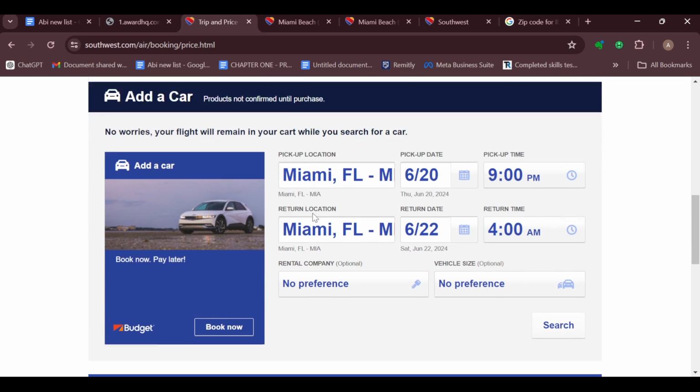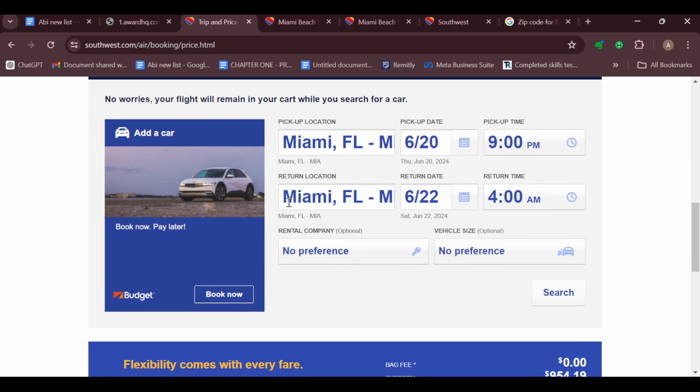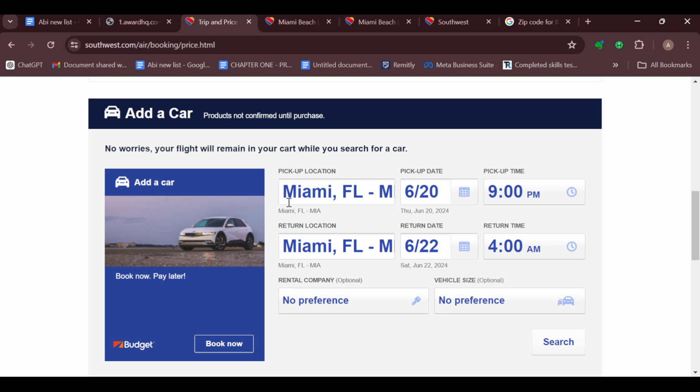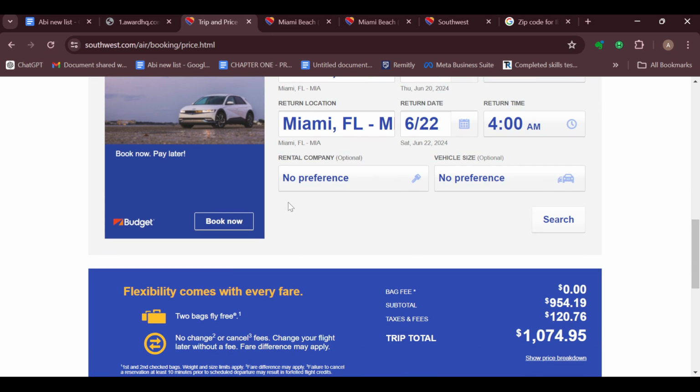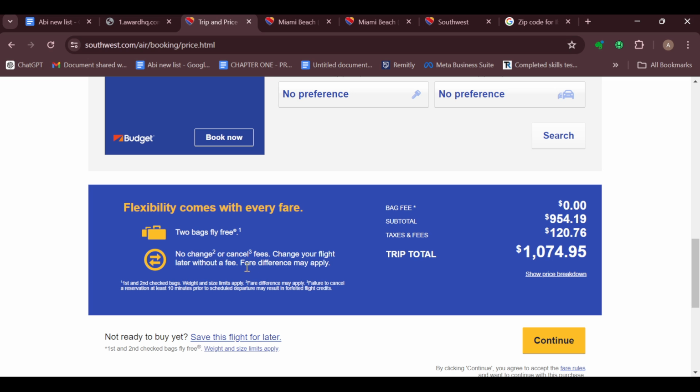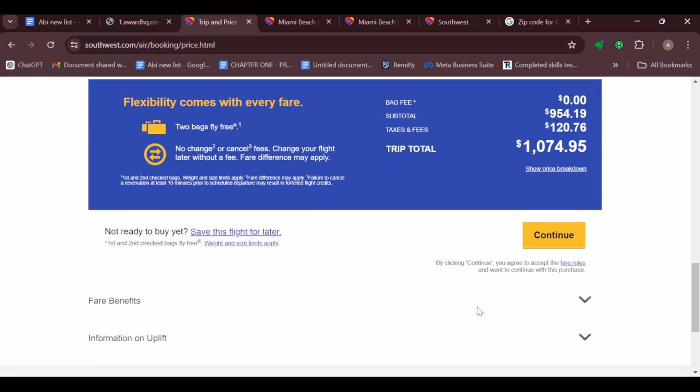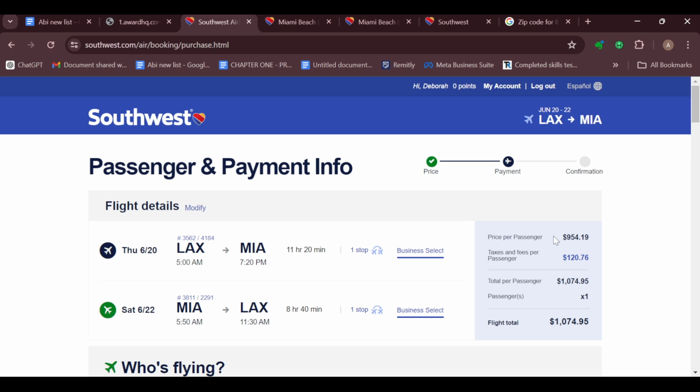All right, and then you can also book a rental car. You can rent a car that you can use throughout your stay at the place you're going to. Then you can decide to add to your bag and all of that. And once you're satisfied, move to the right side of the screen where you can see the continue button and then click on it. After clicking on the continue button, you'll be taken to the next stage, which is